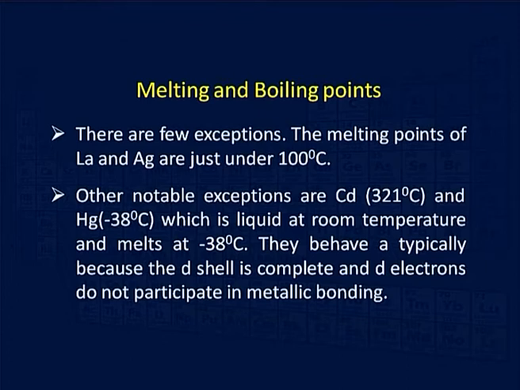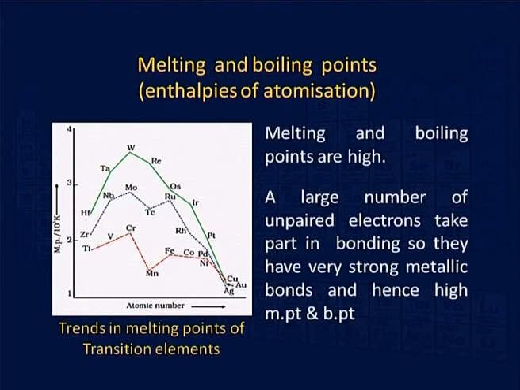They behave atypically because the d subshell is complete, and all of you are aware by now that the d electrons do not participate in the metallic bonding, and because of this they have these values of melting point as well as boiling point. The figure shows the trend or variation in the melting and boiling points, or in other words,